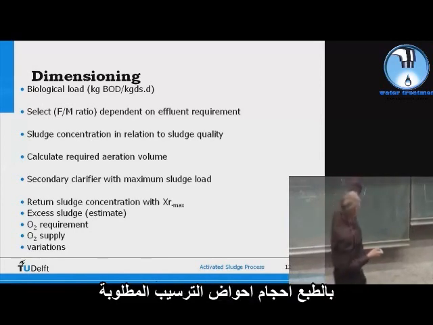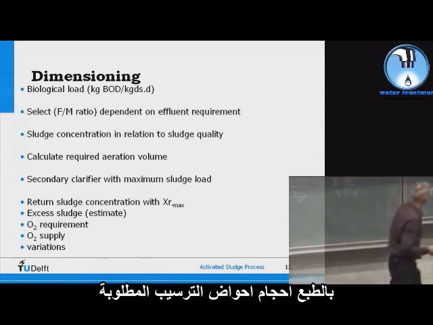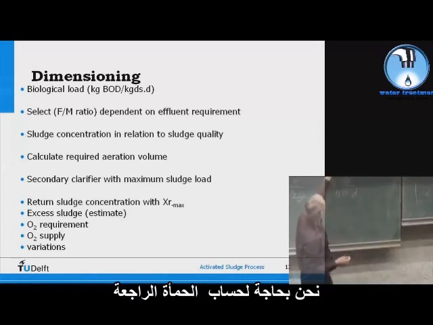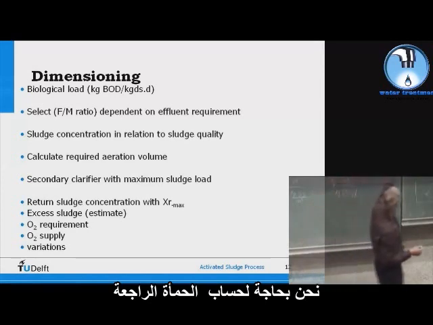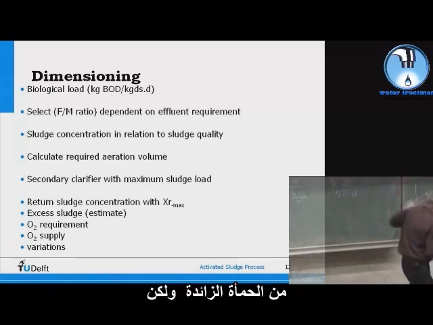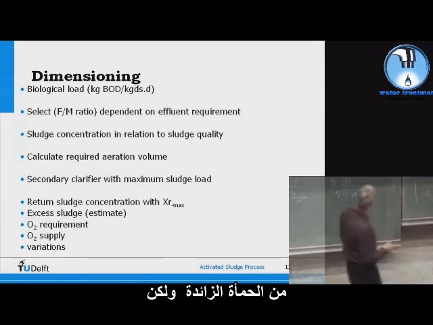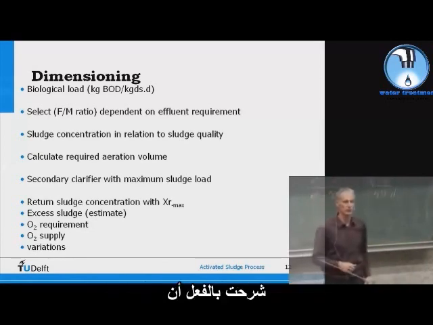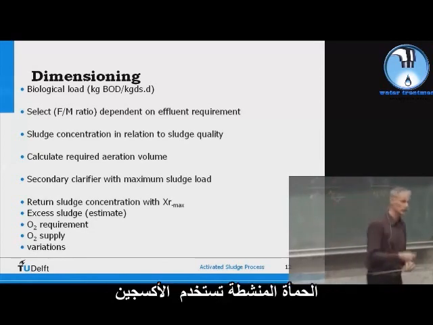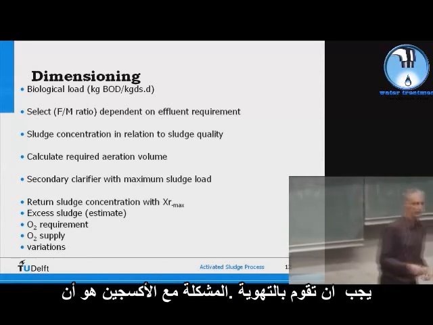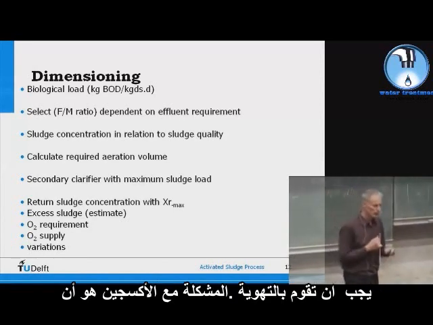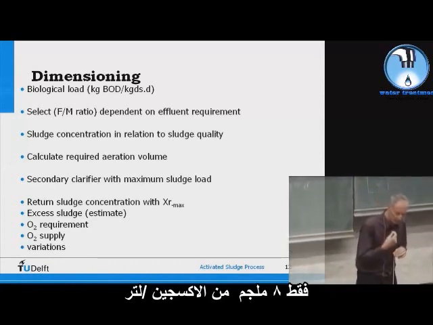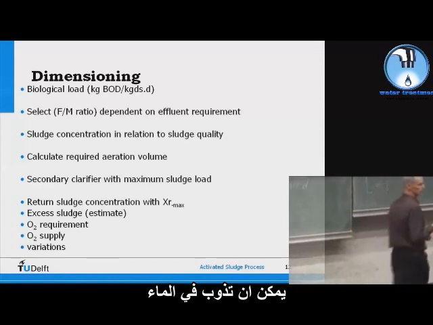Well, we calculate the required aeration volumes, of course, and the required volumes of the settling tanks with maximum load. We need to calculate the return sludge concentration, also the flow, how much excess sludge we have to discharge, but also, very important, the oxygen requirement. I already explained that this activated sludge uses oxygen. You have to aerate. The problem with oxygen is that only 8 milligrams of oxygen per liter can dissolve in water,